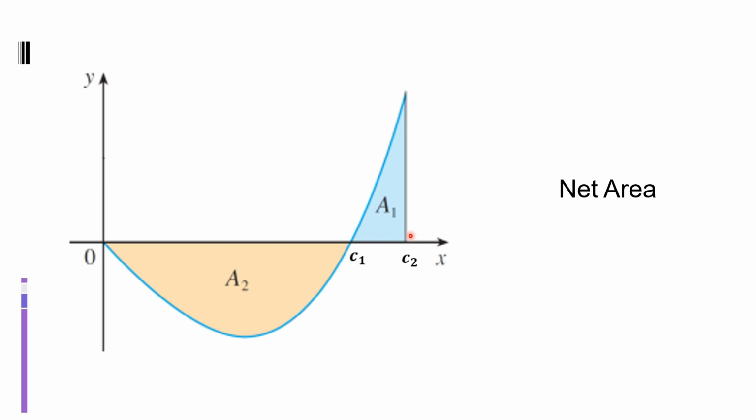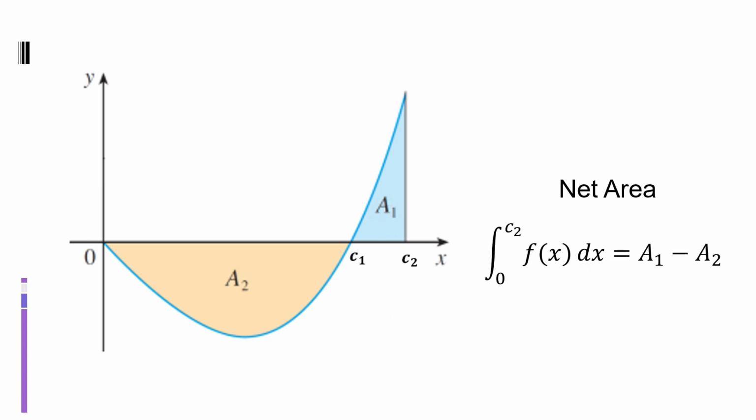So actually pala, yung area above the x-axis, positive yun na area. Tapos yung area below the x-axis, negative yung area na makukuha natin. That is why, kapag kinuha natin yung area ng buong ito, so negative ito, positive ito, ang ginagawa niya, pinagmaminus niya yung dalawang area. So, pwede na makakuha tayo actually ng area na negative. So, in this case, if we are getting the definite integral from 0 to c sub 2, so we have the definite integral from 0 to c sub 2 of f of x dx is actually equal to area 1